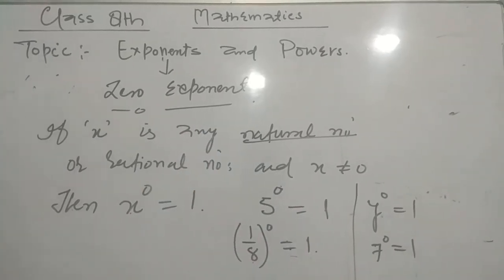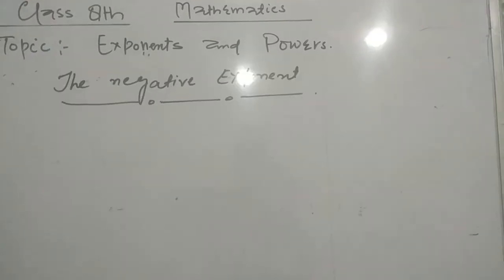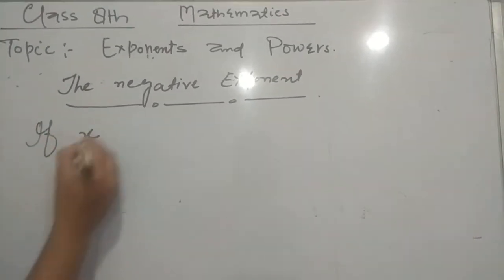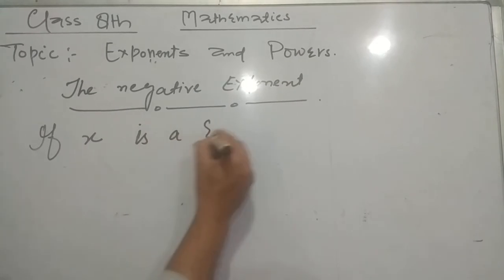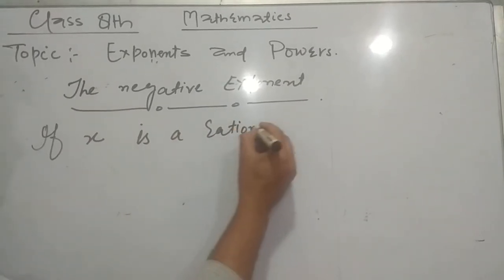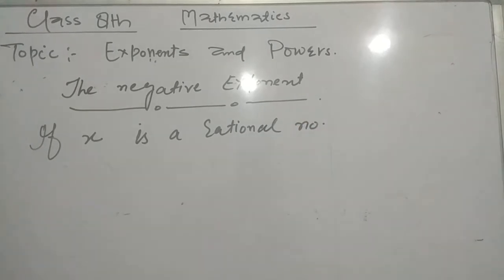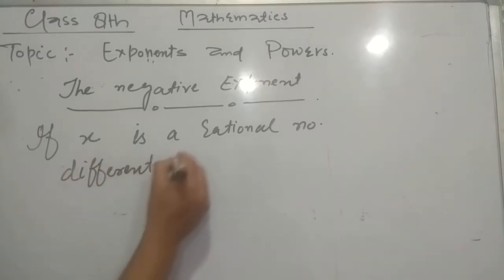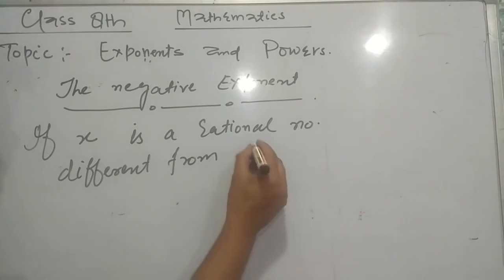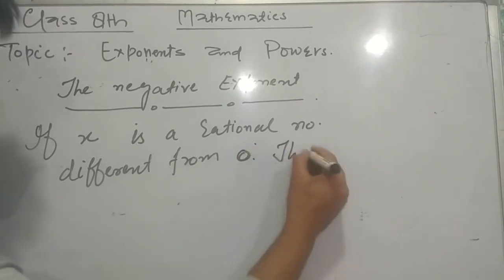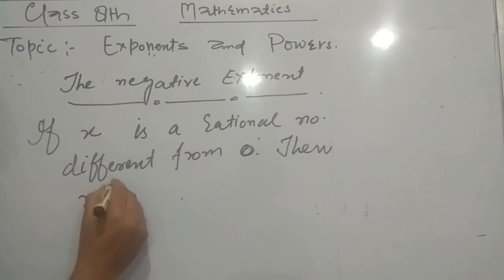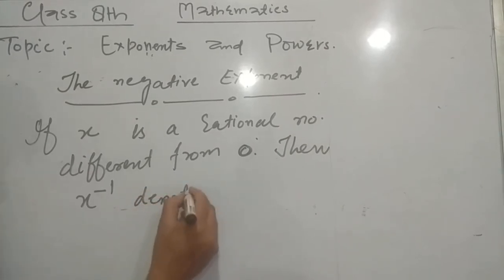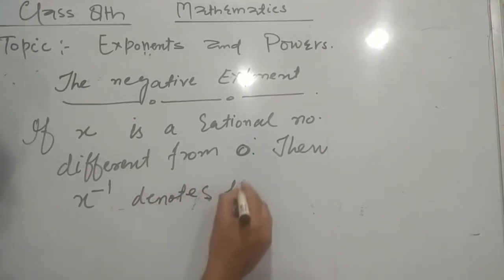Now another one is the negative exponent. Dear students, if x is a rational number different from 0, other than 0, then x raised to power minus 1, here the exponent is negative, x raised to power minus 1 denotes the reciprocal of